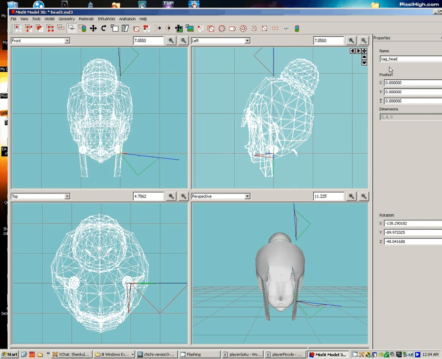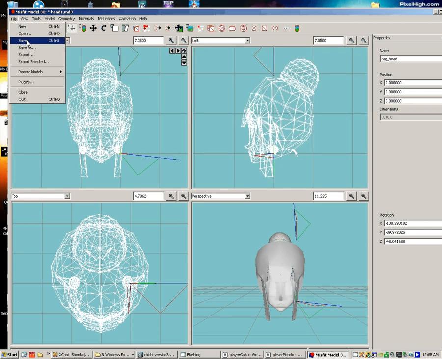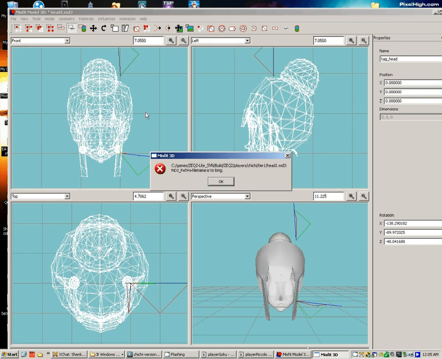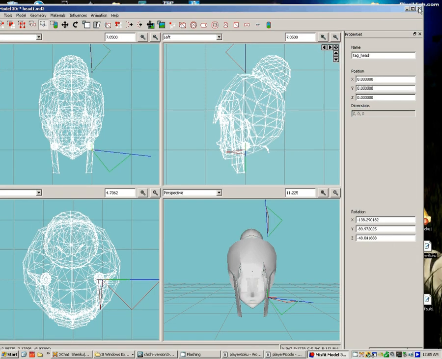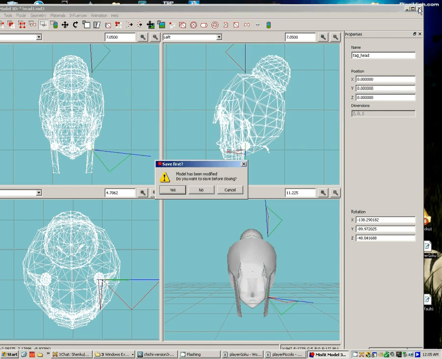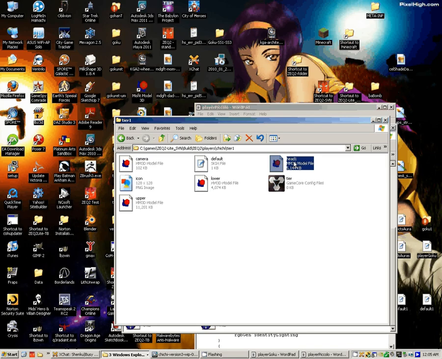I think that is actually our head tag. Yeah, it says tag head, which means that it's actually off-center from the rest of the model. That could be problematic. I'll have to go back and fix that eventually, but for the moment we'll just keep going. Notice how it's saying the file path name is too long. That's one of the things about Misfit Model 3D that I do not like,